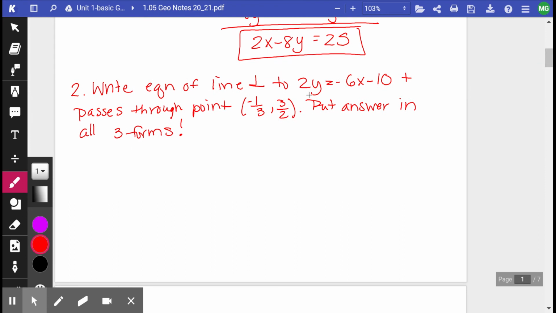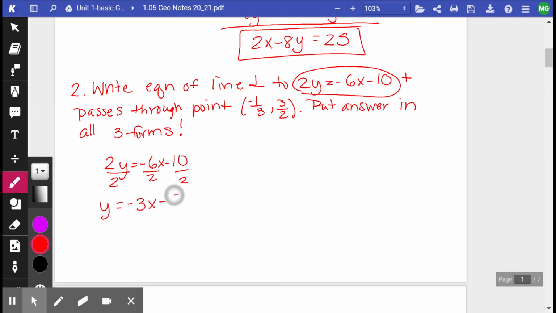So first I'm going to take this equation of my line, which is 2y equals -6x minus 10, and I want to get it equal to y. So I'm going to divide everything by 2. So I get y equals -3x minus 5. Now that I have it in slope-intercept form, I can easily tell that my slope is -3, but I want to